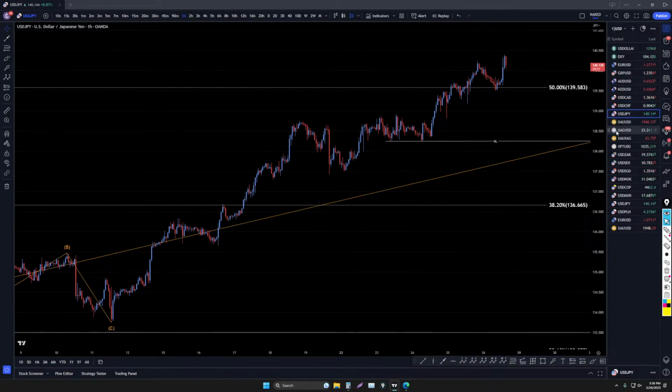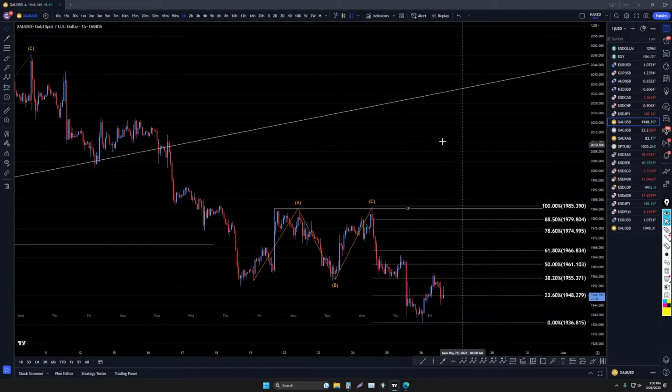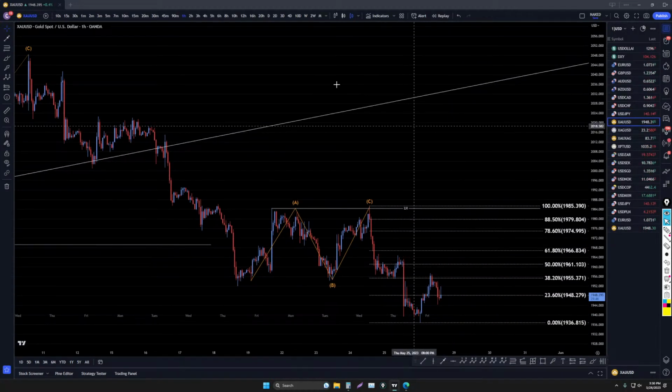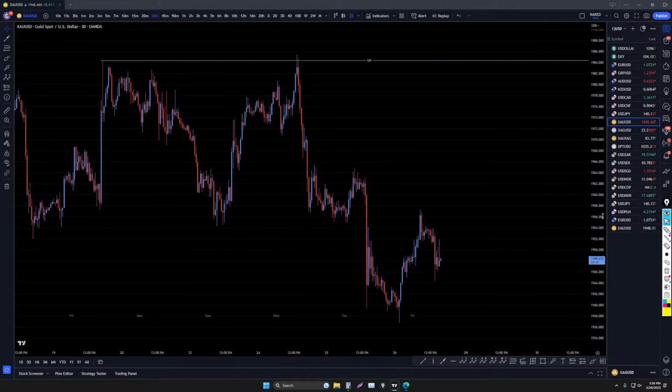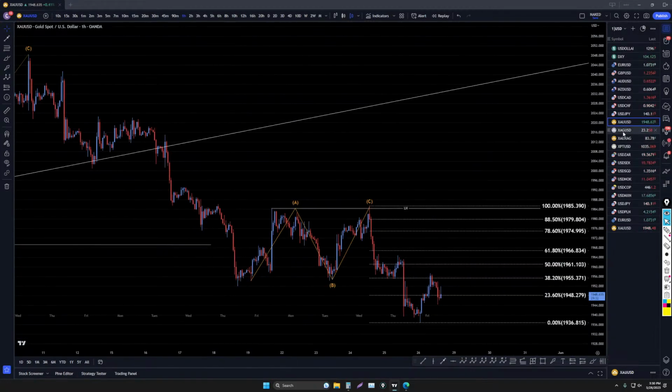Now, US dollar yen probably would have been one of the better trades of the day. I wonder what that would mean for gold, because gold really does look like it's getting ready to make a long. It's almost a perfect 3 waves down. Gold really looks like it's going to push up today. Maybe once the dollar finishes messing around, it'll probably push up one more time.